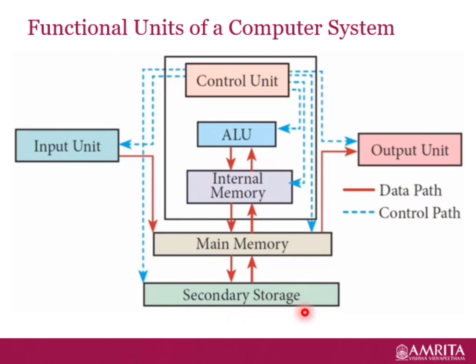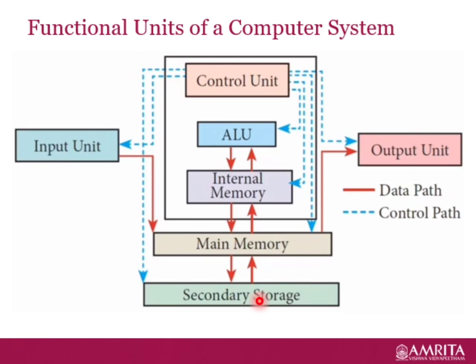So always keep in mind that the CPU can directly access only the main memory or RAM, and whenever the CPU wants to access any data stored in secondary memory, a control signal is passed to the secondary memory, and finally the data is fetched from secondary storage to the main memory, and from main memory it will be passed to the CPU. And after processing, the result of the processing is again fed back to the main memory unit, and from there it is provided to the output unit.